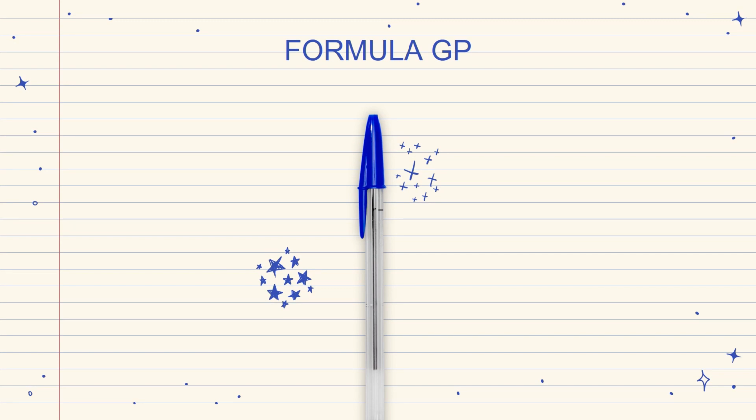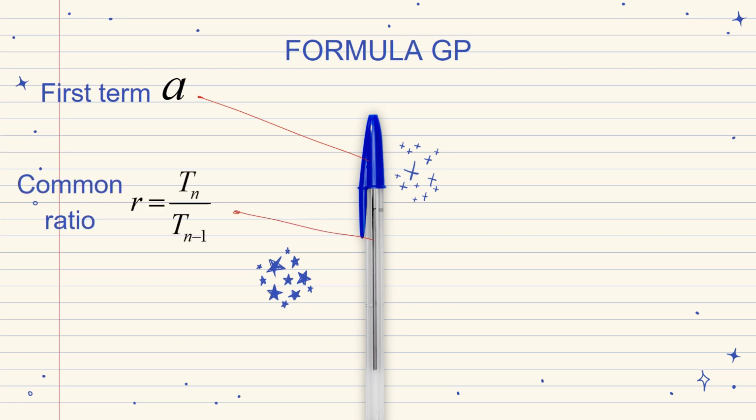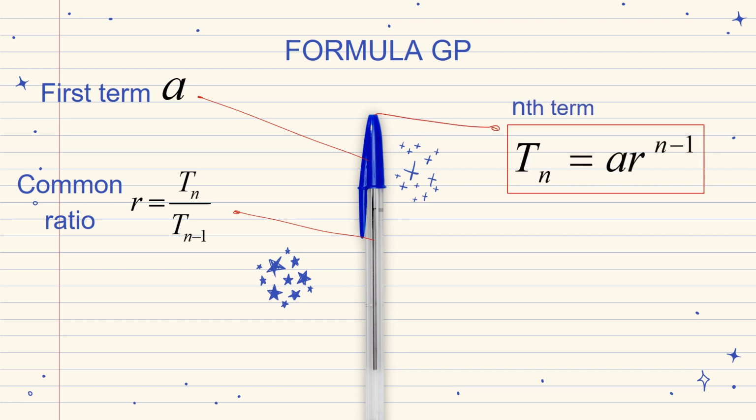Then there are some formulas involving geometric progression. The first one is the first term, A. The second one is the common ratio, R, which is equal to Tn divided by Tn minus 1. And then the third one is the nth term, Tn, which equals A multiplied by R to the power of